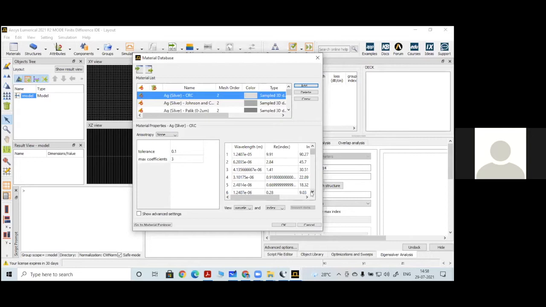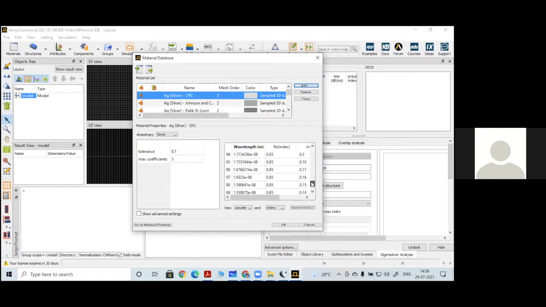Now you can see one simple case. Let me take some wavelength. It is 4.13 into 10 to the power of -7. If I convert this to micrometers, you will get around 0.41 micrometers. You can see the entire wavelength range is defined here, with the real part of the refractive index and the imaginary part of the refractive index clearly specified.